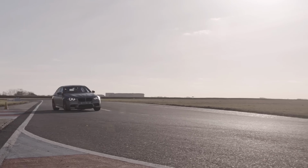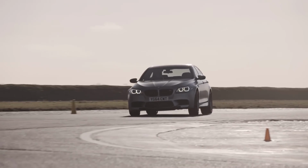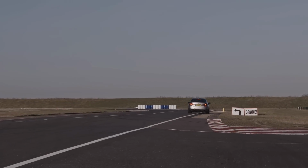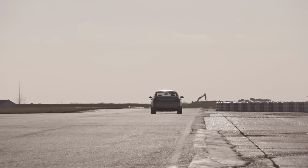It feels more controlled under power than the smaller car. That car can get completely wayward when you stand on the throttle. This isn't so bad. Actually, it's staggering how capable this car is on track for something that weighs so much. It shouldn't be cut out for this stuff at all, but really, it seems to be enjoying it. But let's be honest, M5s are famous for one thing, and that's dicking about, so